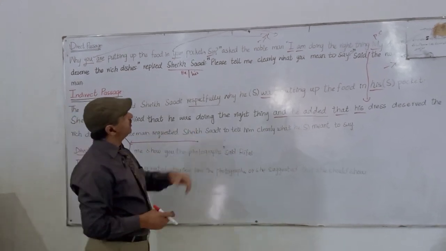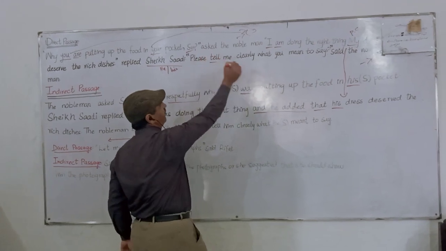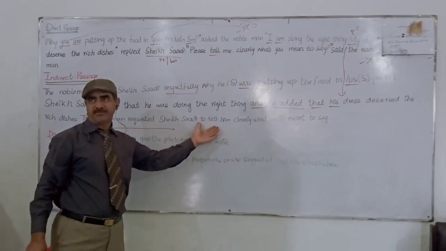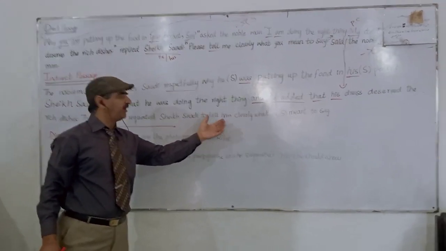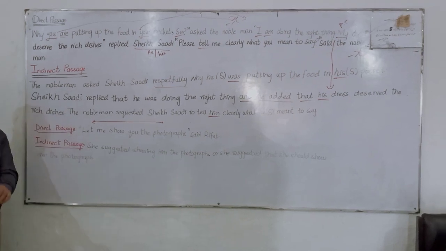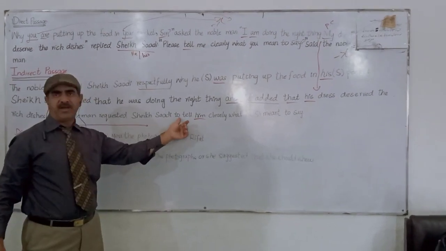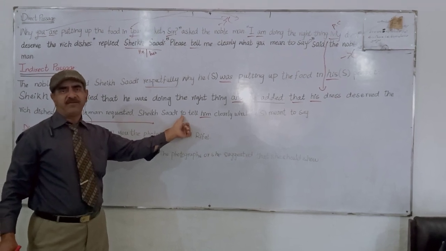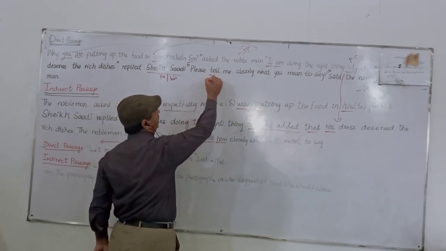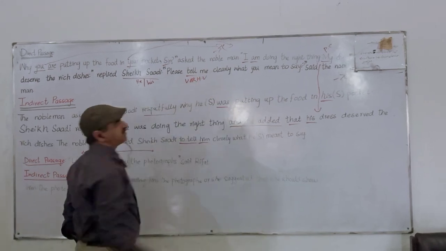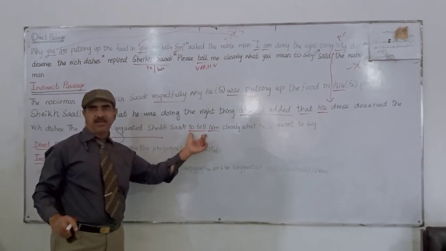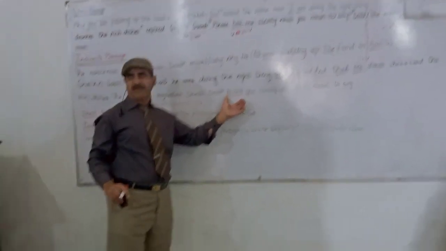The reported speech starts with a verb, so we remove the inverted commas and do not place "that." We simply write "to" and then "tell": to tell, not tell. There is "to" and then the infinitive. If reported speech starts with a verb or helping verb, we do not place "that"; we simply convert it using the infinitive: to tell him,